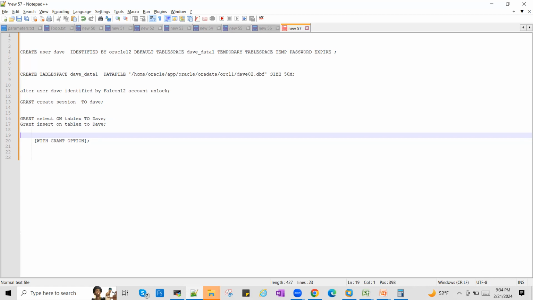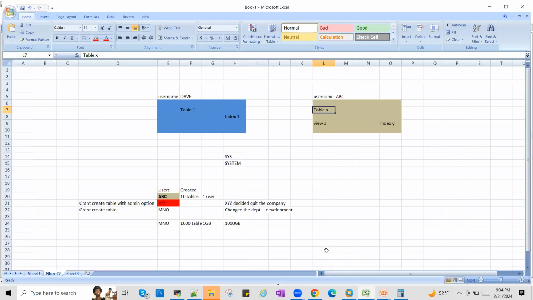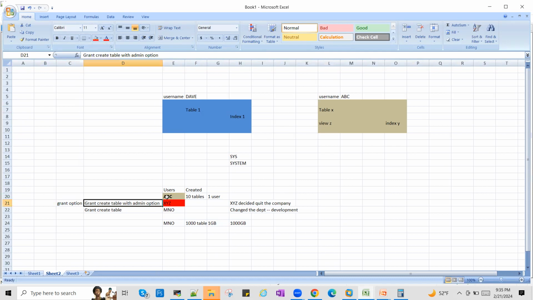Same concept, just that admin option was for the system privileges for creating objects, etc. This grant option is for the object privileges. So in the same concept, if ABC gave some privilege with grant option to XYZ, and XYZ granted the same option to MNO, and